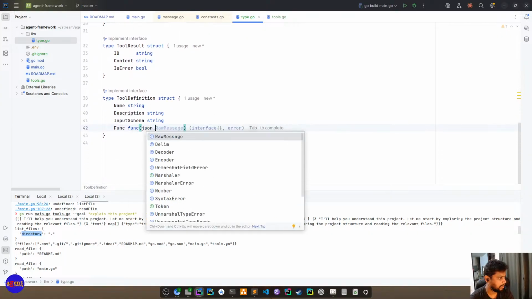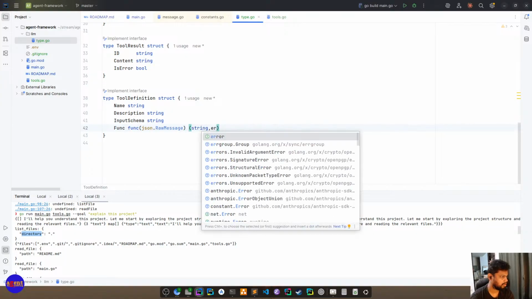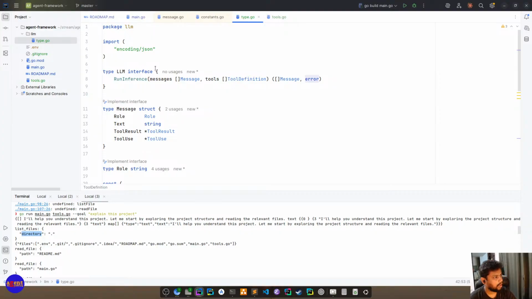So the LLM will give us a raw message, right? And we have to return to the LLM a string or error. And based on the error, we can either send it as error or not. So I think our interface is pretty solid, right?